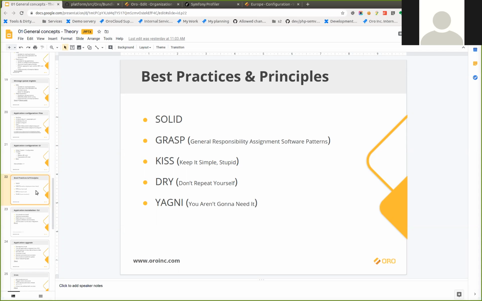For example, you export something to CSV, sure, you should think that maybe later on they will want to export this to the Excel file or even to the PDF. So you should make your solution extendable. You should add some extension point. So you design the architecture with those additional functionalities in mind, but of course you do not develop them because